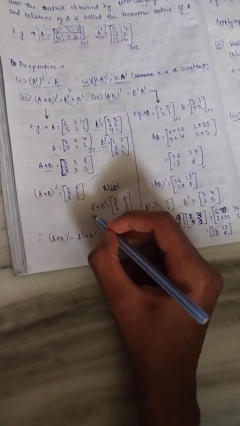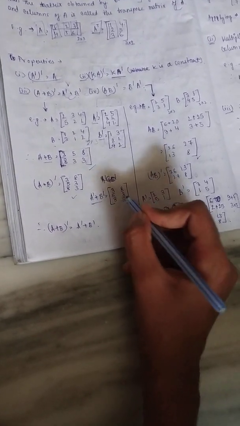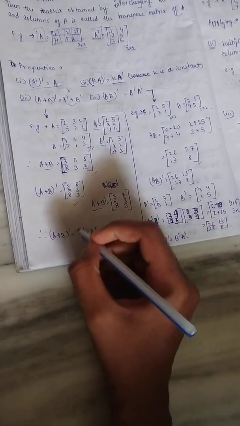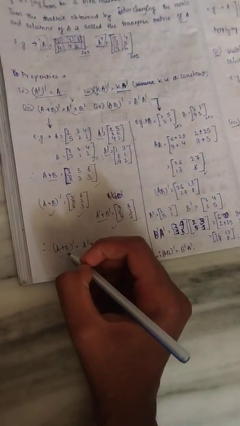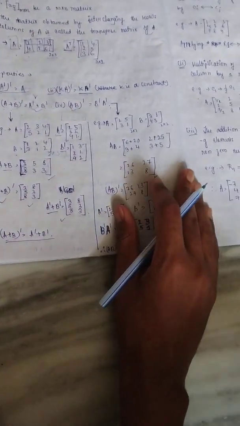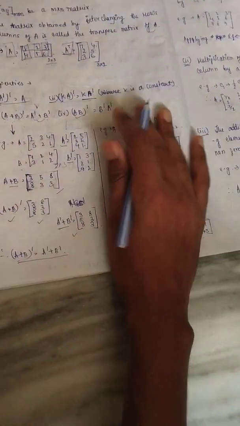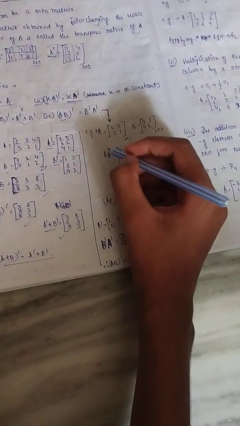So if we add this, we get 3 8 in the first row, 5 and 3 in the second row, and 8 and 3 in the third row. So which is equal to this. So we can say that (A plus B) transpose equals A transpose plus B transpose. And if we come to this, then